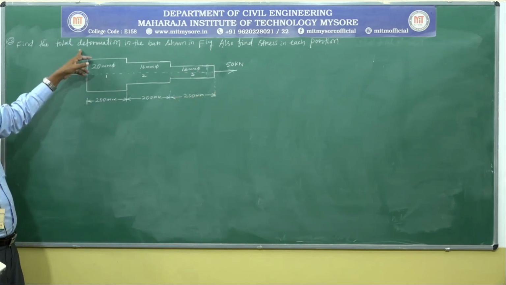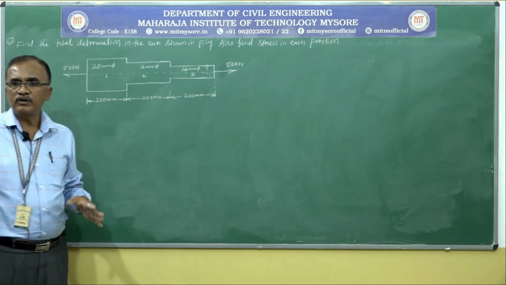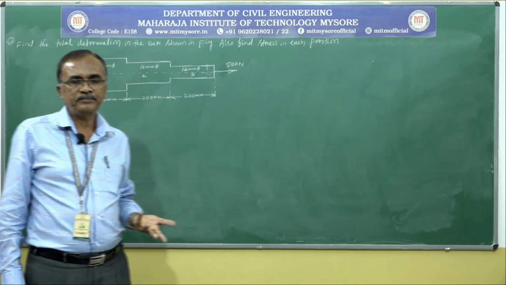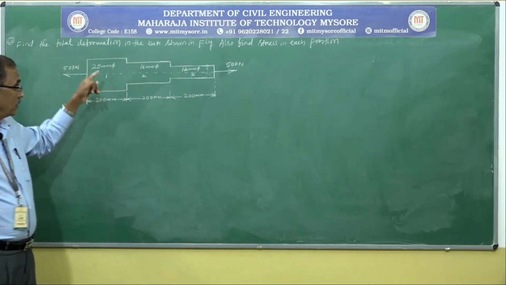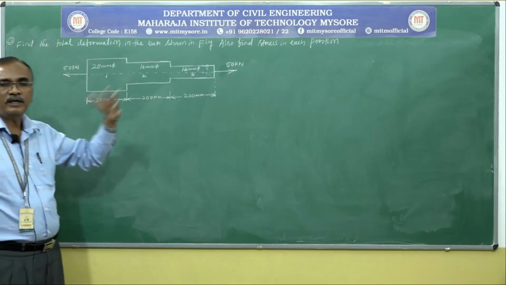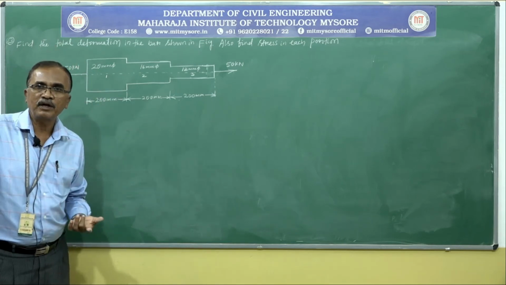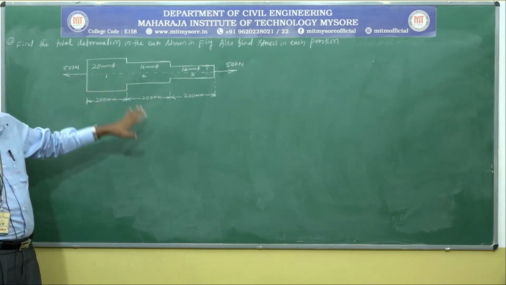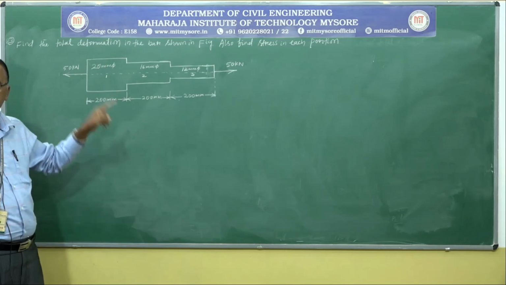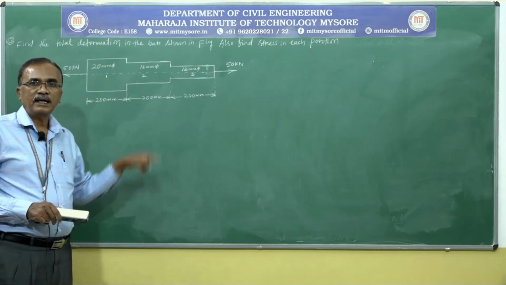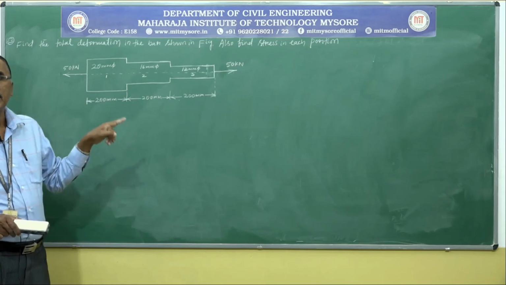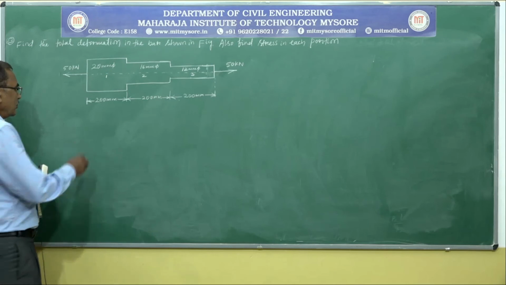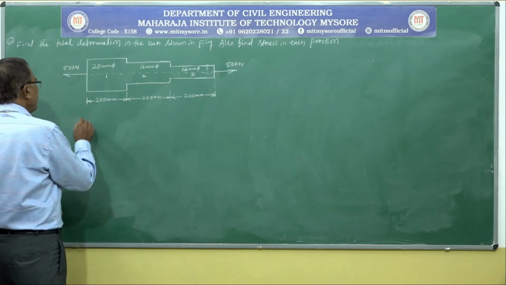To find total deformation, we have the expression delta L is equal to delta L1 plus delta L2 plus delta L3. If you rewrite the equation, you will get the total change in length in terms of Young's modulus only, because Young's modulus is not given. That is the change in this problem: we calculate the total deformation in terms of Young's modulus. Now let us write the given data.